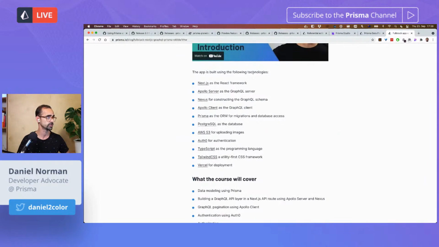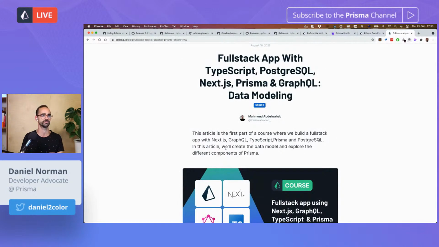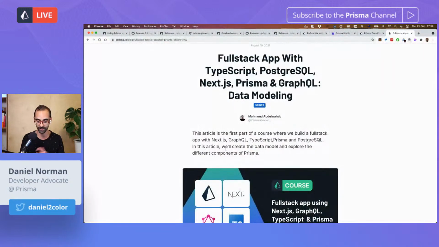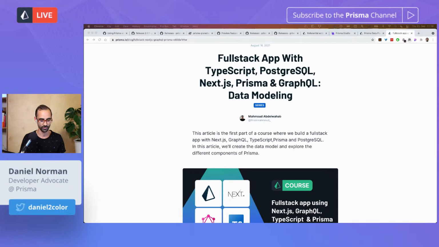And you can see here all of the different technologies that are being used. So it's Nexus for fully type-safe GraphQL schemas. It's using Auth0, Tailwind CSS, a really great utility-first CSS framework. And I believe that the next parts of this series will also be released in the... Yes, so from what I hear, part 2 comes out on Friday. Woo! That's wonderful. So stay tuned.